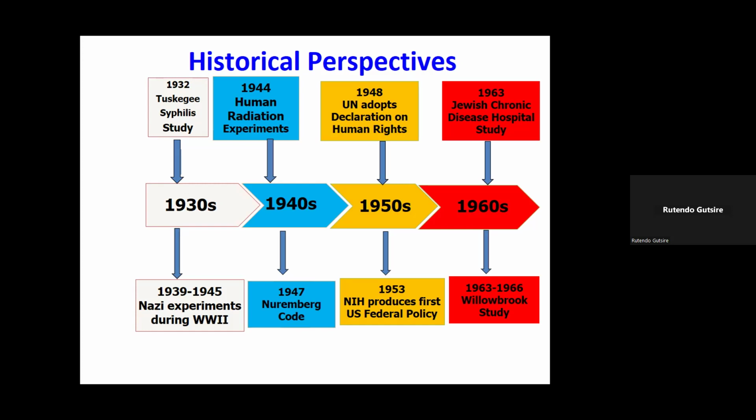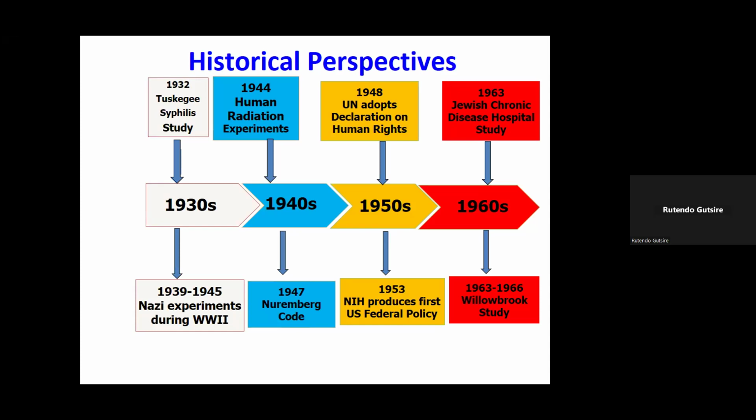Then there were human radiation experiments carried out by the US Army. Lots of people died and were harmed, and we have guidelines, international guidelines, that have come because of these atrocities. We have the Nuremberg Code, which came out because of the Nazi experiment. Mengele and the other 21 accomplices, technicians who were carrying out those unethical experiments in the concentration camps, were sentenced to life in prison.